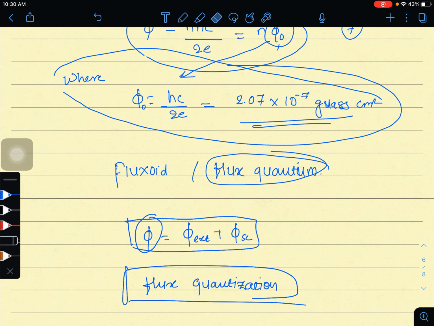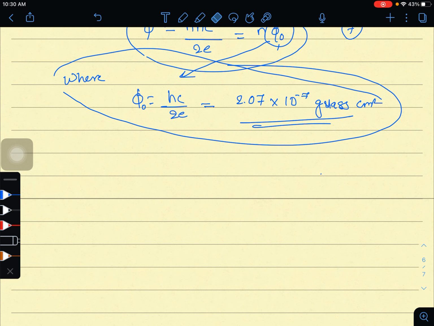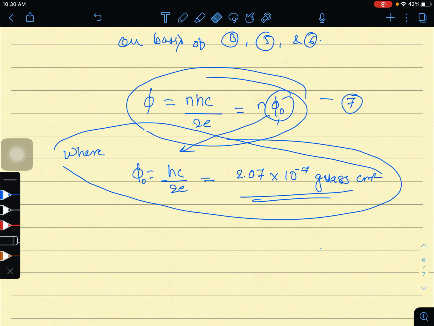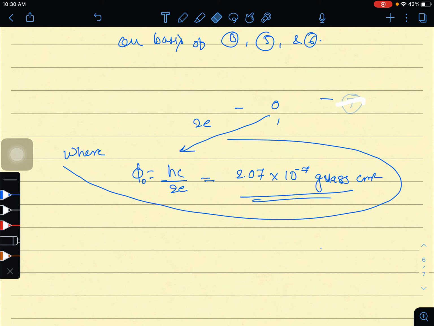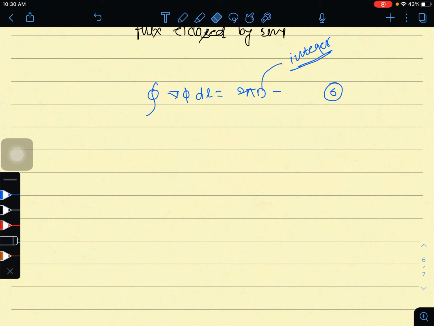Now it is all about the flux quantization. So guys, just revise this once again. What are the equations of flux quantization? Firstly, in 1950, Ginzburg and Landau introduced the complex wave function psi, which describes the superconductivity, or the superconducting state. After that we easily get the detailed criteria about the flux quantization.